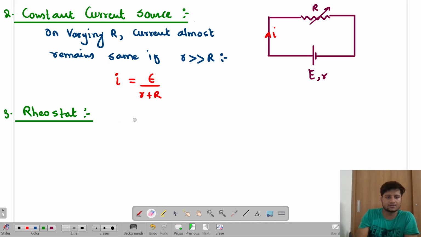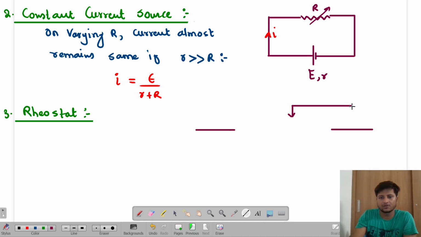Let us see that. Now, how is a rheostat made? A rheostat is a very big bunch of resistors which are kept between 2 points, and there is a slider for it. See that, C A